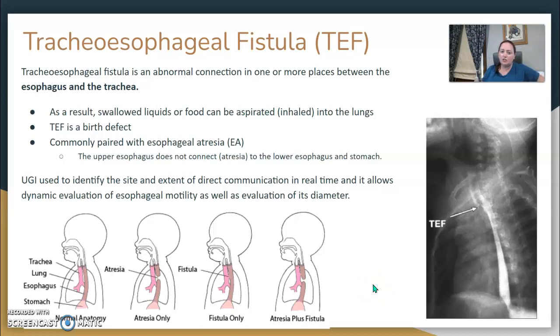The Tracheoesophageal Fistula, which is abbreviated TEF, is an abnormal connection in one or more places between the esophagus and the trachea. As a result, swallowed liquids or food are easily aspirated or inhaled into the lungs. TEF is a birth defect. It is also commonly paired with esophageal atresia, where the esophagus does not connect to the lower esophagus and the stomach, and there are different variations of this,